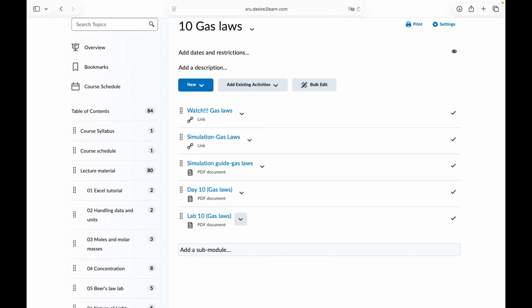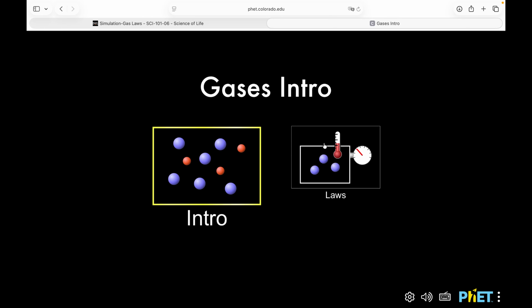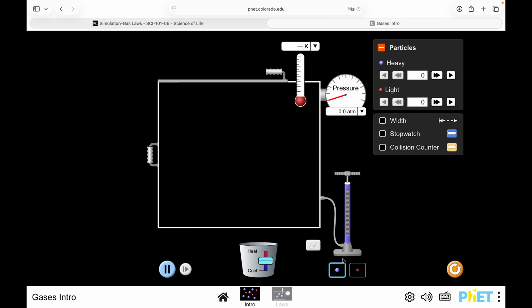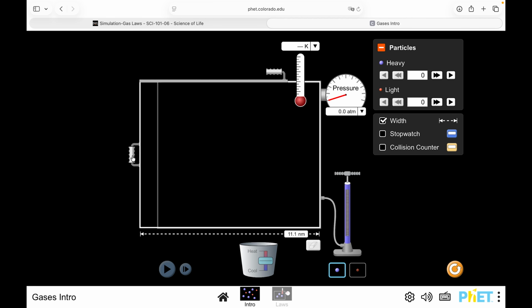Return to the 2L and, under the same module, open Simulation, Gas Laws. In the simulation, select the Intro window. Make sure to select the purple ball at the bottom. Check Width in the right menu. Select K for the temperature unit and ATM for the pressure unit at the top right corner of the container. Left-click the handle on the left of the rectangular gas container and drag it to adjust the width of the